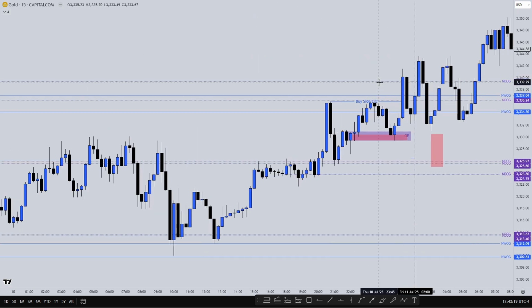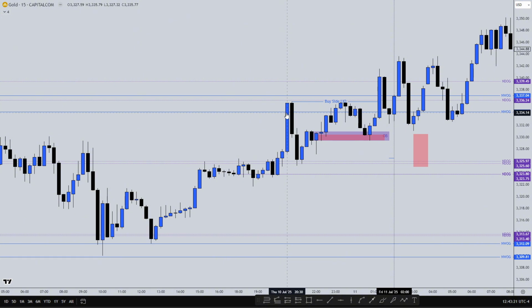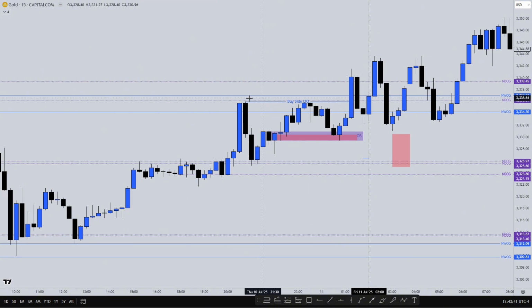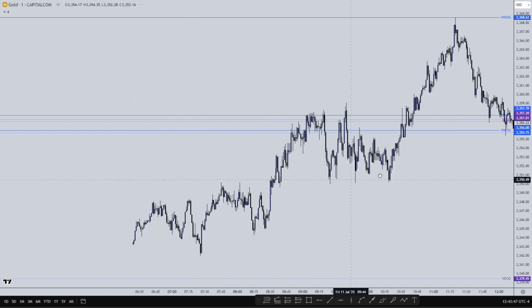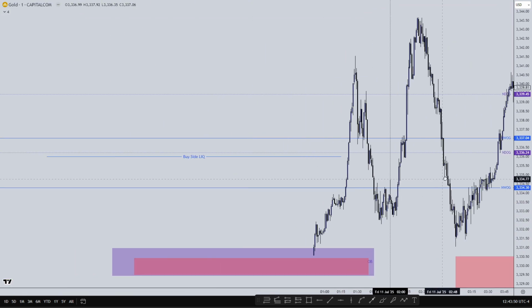We see that the prices on the new week opening gap didn't make a market structure shift, and the prices did trade into this order block, and we see how the prices respected it. So the idea should be for the higher prices to take this buy side. So now let's go to the 1 minute and see what the prices did during or before the